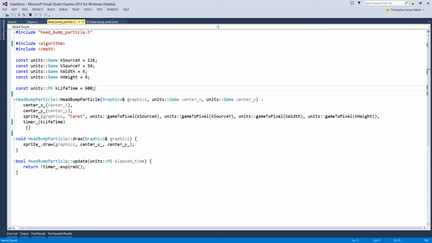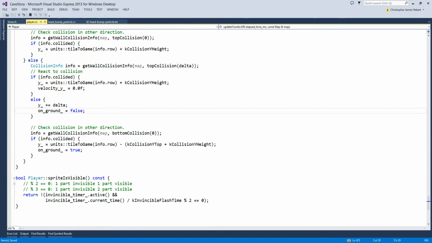So now we can add a flash effect to our sprite so it'll flash in and out of visibility. And I brought up player CC so we can see how we did it in our sprite is visible method for our player. And it's just this: take the timer, which is currently active, get its current time, and then divide it by some period, so the invincible flash time in this case, and then modulo it by the number of